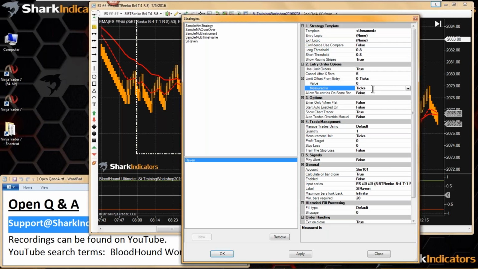Most people always associate with ticks. So if you put in there -1 tick, basically a -1 tick means price is going to have to pull back to fill you, right? So if it's a long trade,